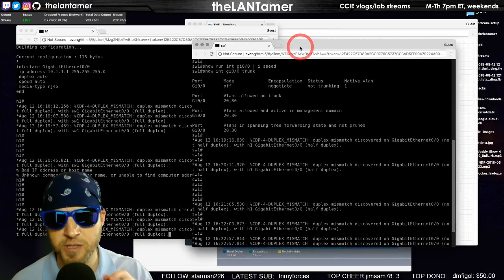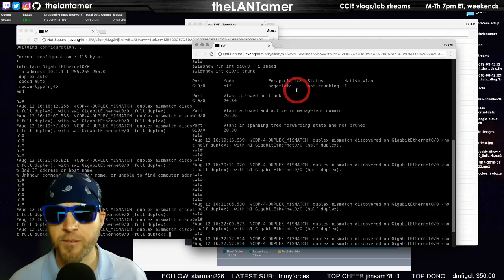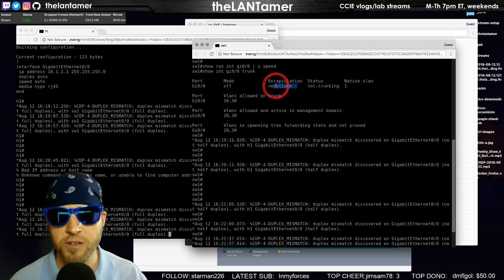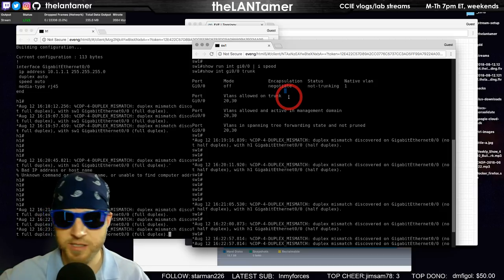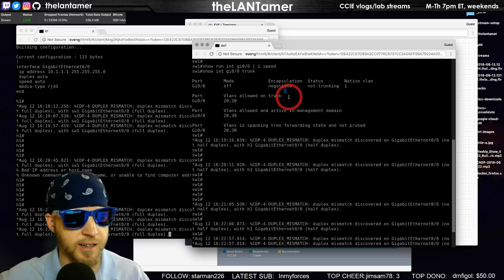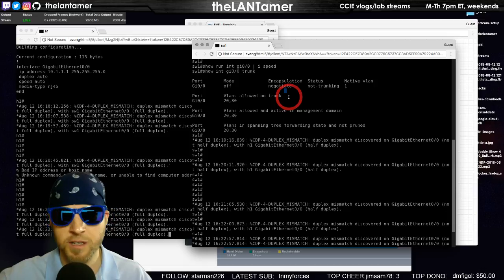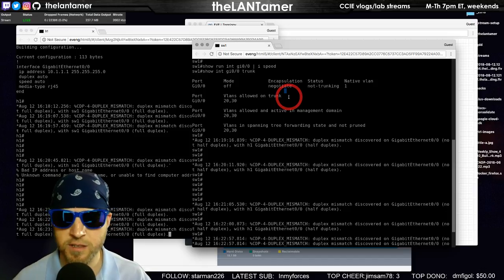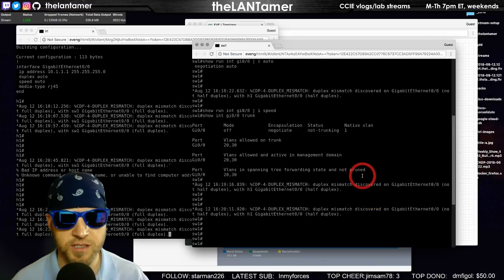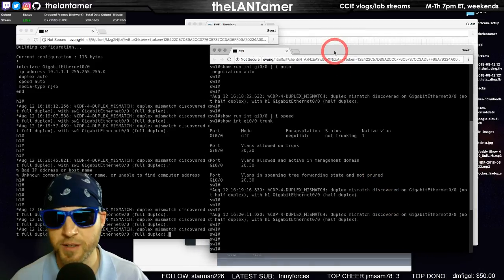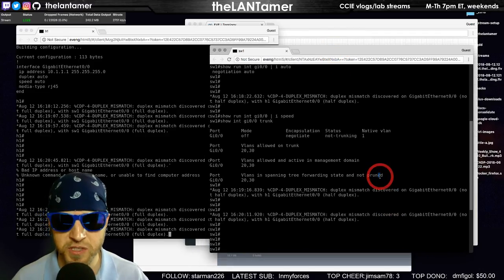Because in this case, I could tell you that there is no DTP running. And I had someone on Instagram say, no, encapsulation is on. Look, it says negotiate. And that's true. That's what I would think too. I'm not saying that's not a smart or wise thing to say. This is very tricky, okay, this is sneaky, guys. So if you didn't figure it out, I wouldn't have figured it out, most likely.